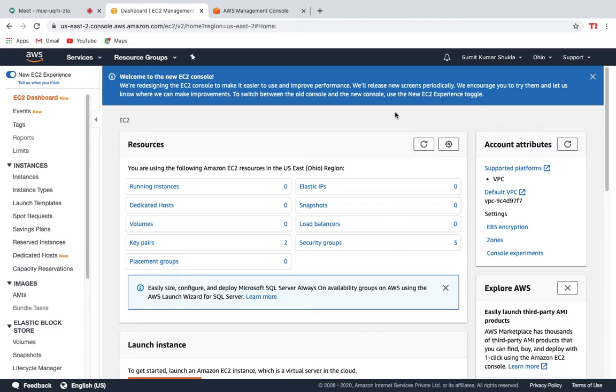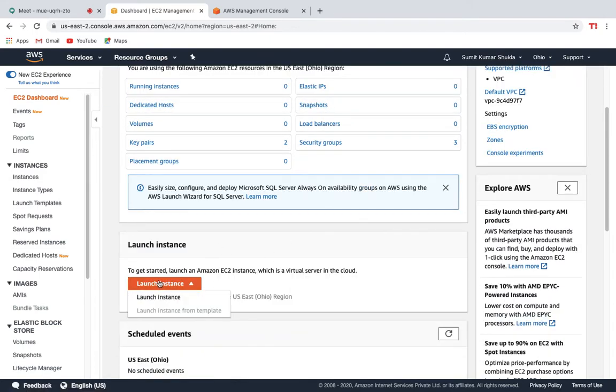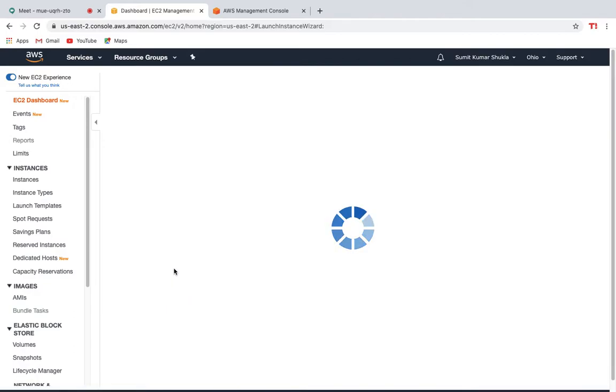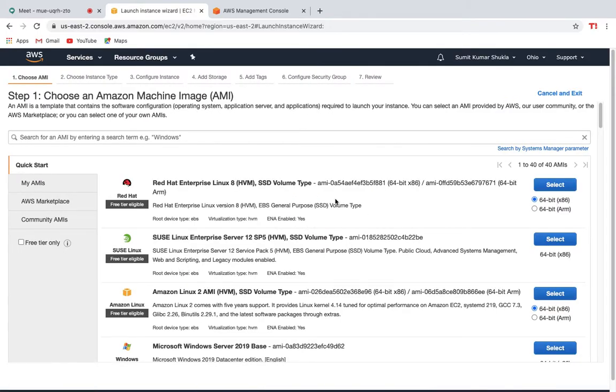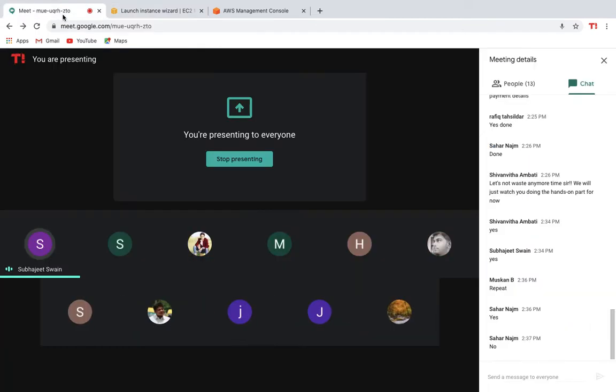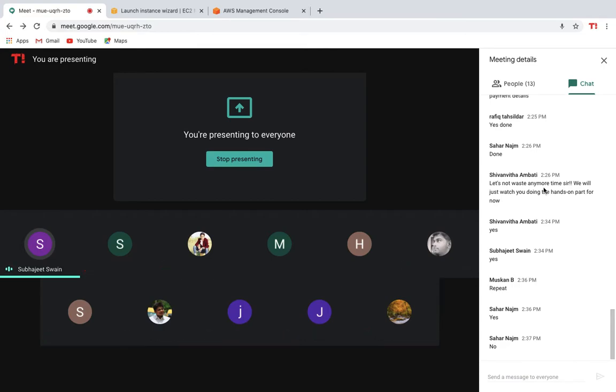Okay, so don't waste much time and just click on Launch Instance. This is what you'll get after launching the instance. Everyone has got this? Get me the confirmations quickly.